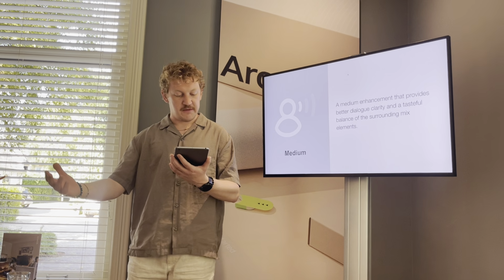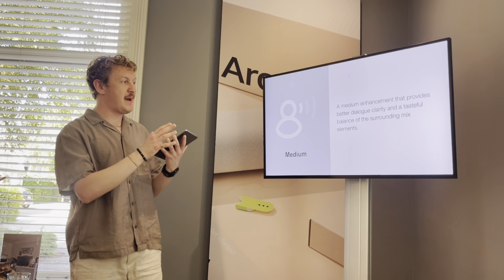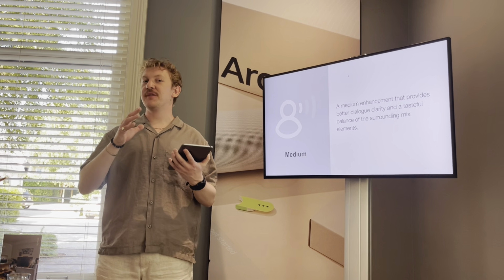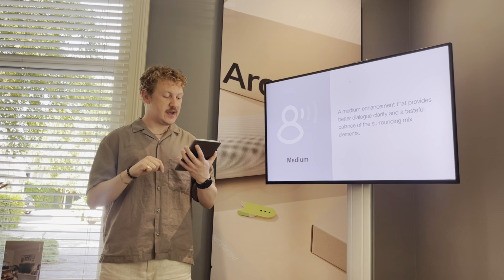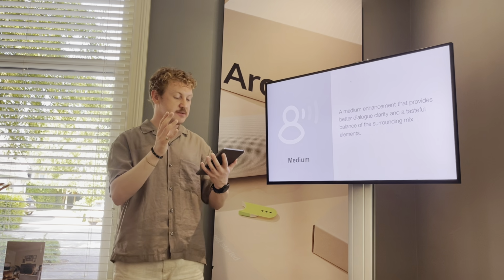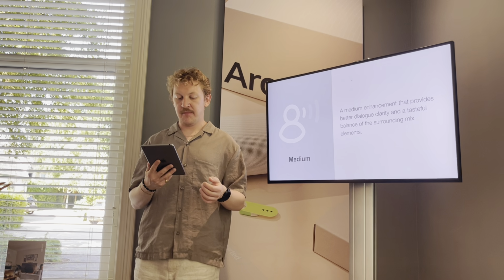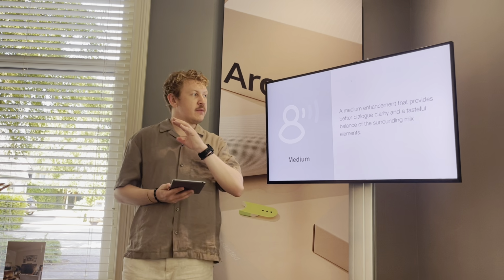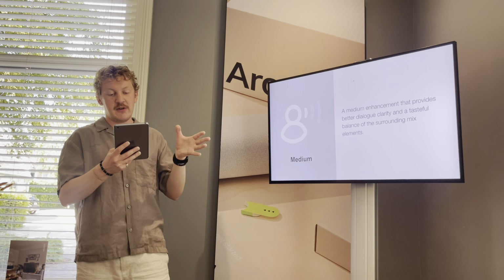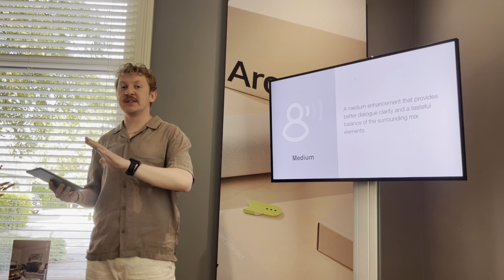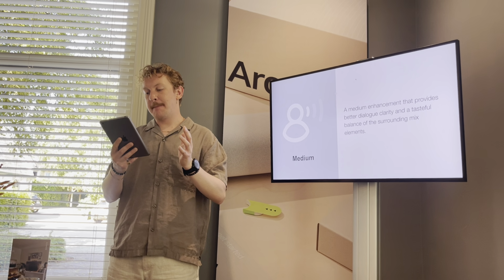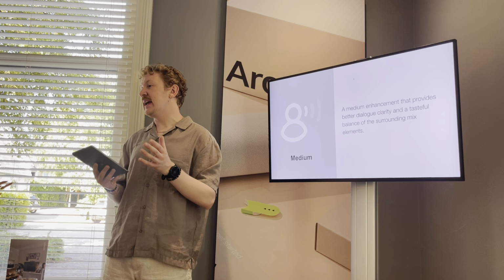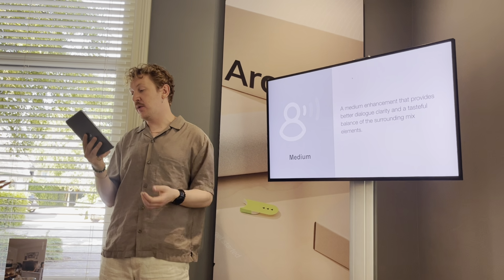Then as we move into medium, this is a better sounding version of our on-off switch that we used to have. It's a better sounding version of our traditional speech enhancement system. We may slightly deteriorate the cinematic experience to a small degree to favour dialogue in certain moments, but only to a small degree. And you should really still get that immersion, and you should still get all of the effects.